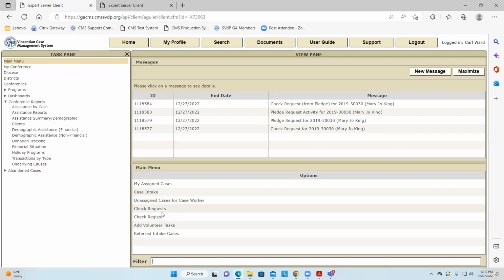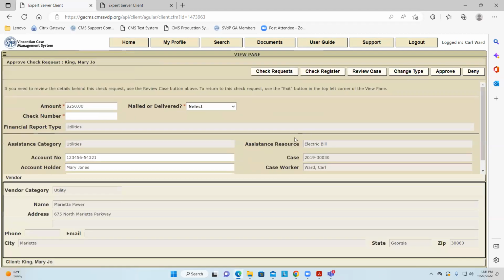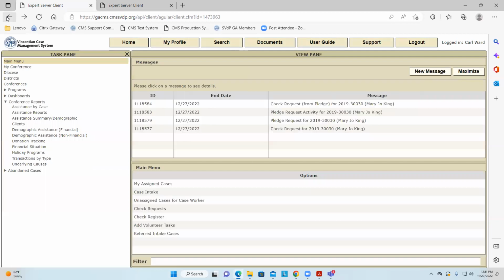And once again, that request could be a check request, it could be a pledge request, or it could be a request that was a pledge that they turned into a check. So you got a notification. You got notifications in your message box, and you got notified through email. Two ways you can get to it. One way is that you could just click on the message in the message box, and you can go to your check approval screen. That's one way, and you're right there. Because what you do next is approve checks, right?